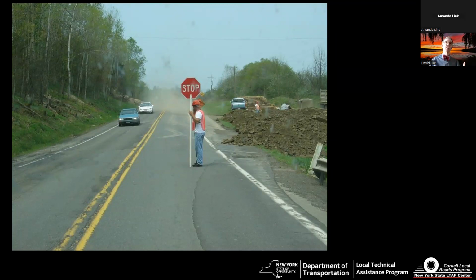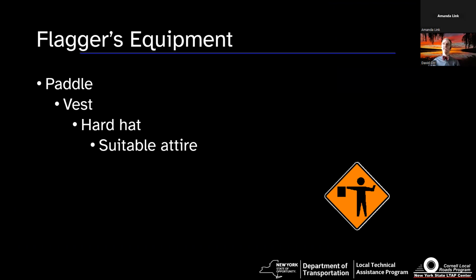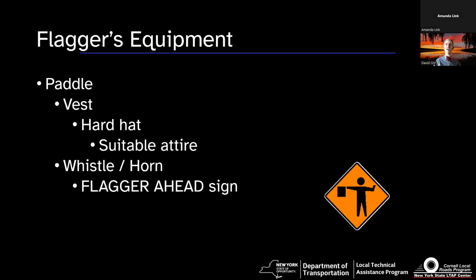So don't be standing in a place where if somebody does mess up, they are texting on their phone, they're not paying attention, you could get killed or your flagger could get killed, okay? And in terms of equipment, obviously the paddle is the proper device to be using. They got to have a vest like everybody else. It has the side panels, a hard hat if it's required, but even then, some kind of hat as a communication tool is very useful. And then of course, attire for the day. That includes weather attire if it's going to be raining, cold weather, hot weather, dressed for the day, okay? Some kind of whistle or horn to tell the workers, an idiot just went by me coming into the work zone. And of course, they usually are responsible for their flagger ahead sign. They turn it when it's not in use and they put it up when they're ready to work.